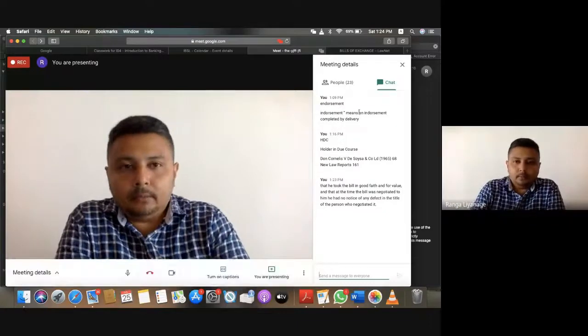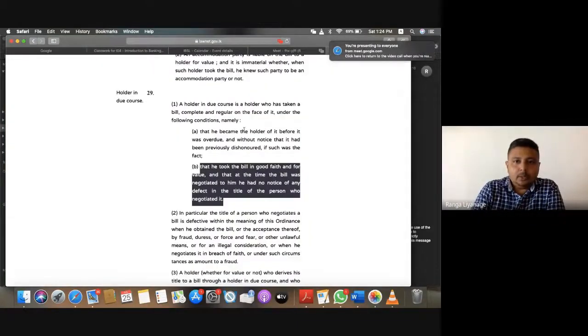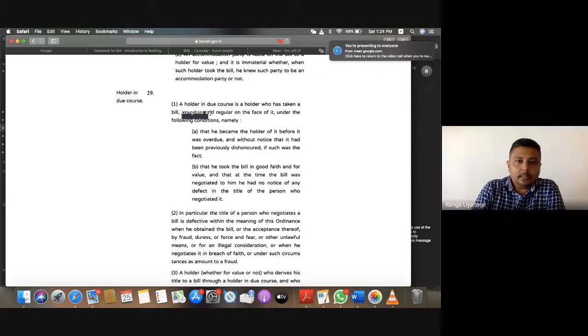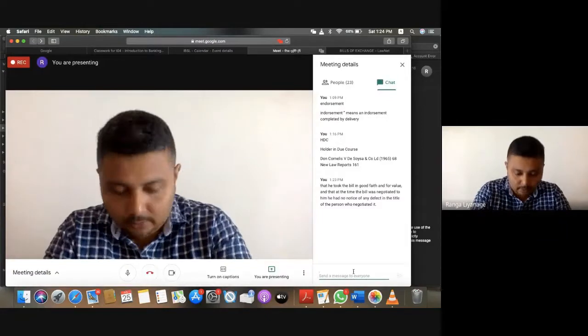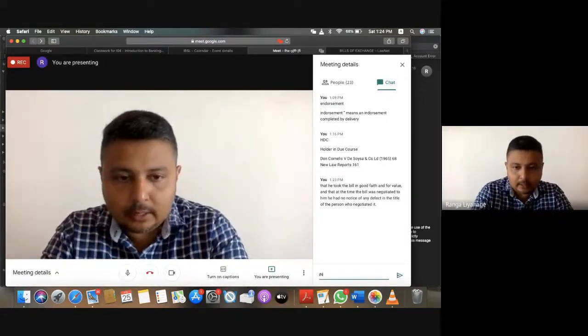Complete and regular. The first thing you saw here, it should be has taken complete and regular. What do you mean by complete and regular? Listen to this. A bill is said to be incomplete if the name of the payee or drawer is absent. A check that is mutilated, indicating its cancellation, is not regular. This was decided in the case of